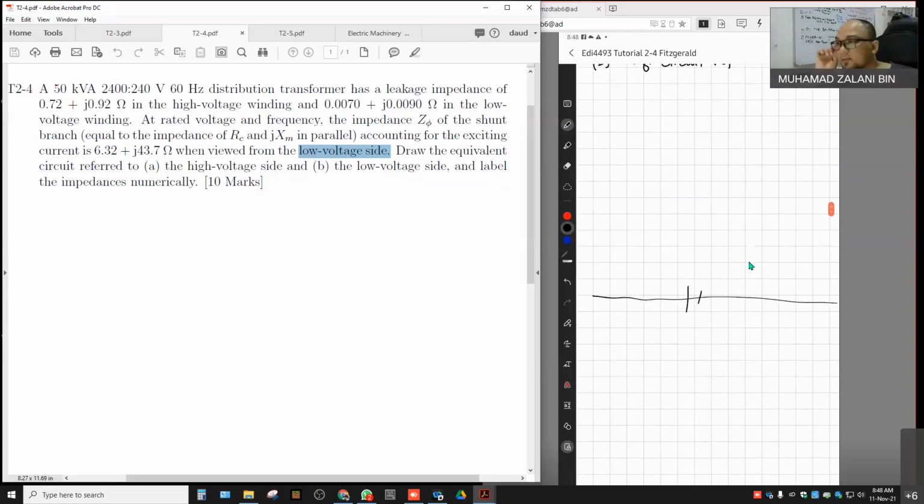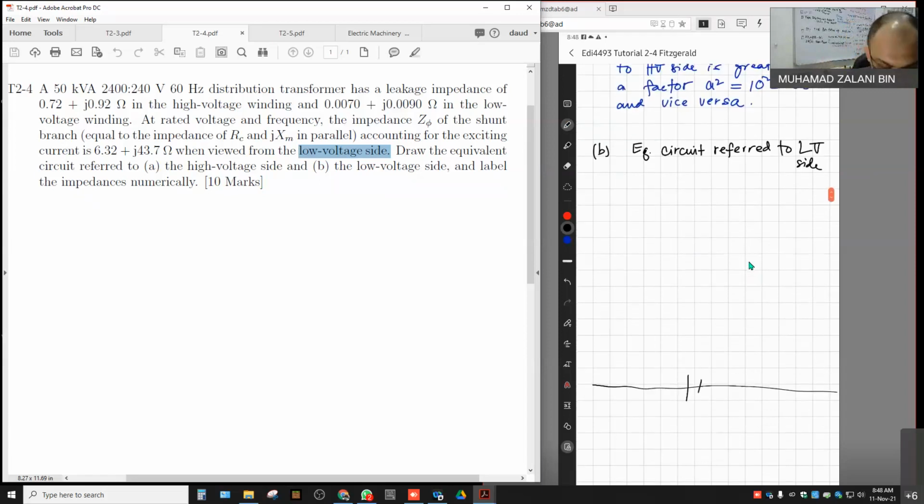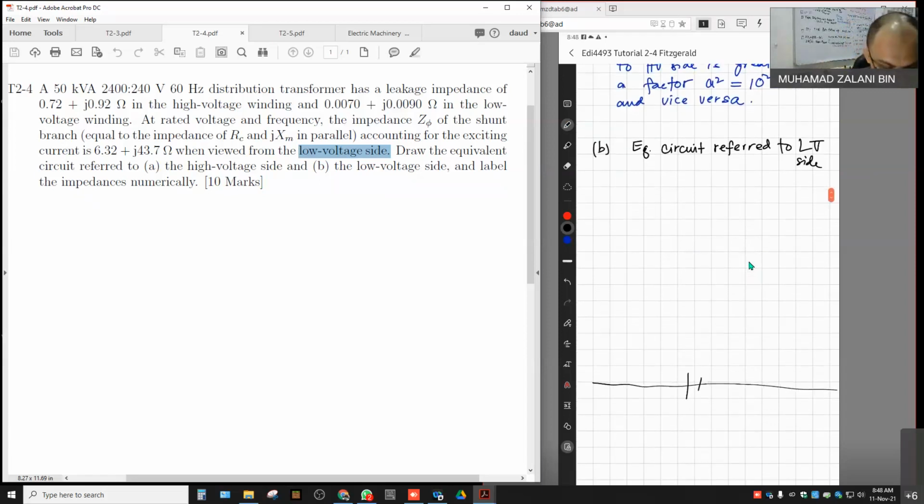Okay, equivalent circuit referred to the low voltage side now. So we do the same thing that we have done in A. Here we have ZL1 that needs to be referred to the secondary side, because only ZL1 given in the question is referred to the primary side. So we just need to